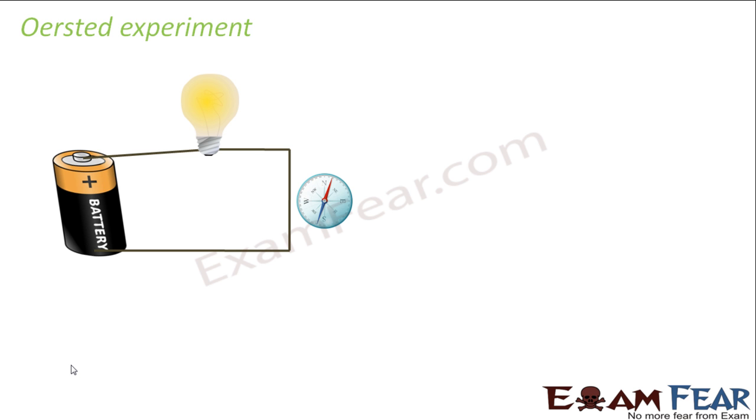So we will now study Oersted's experiment. What is it that he did that made him conclude that electricity and magnetism are so closely related to each other? Basically, he did something not very complicated. He did a simple thing. He designed a very simple electric circuit. All he wanted was a wire which conducts current.